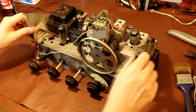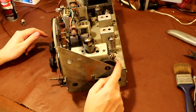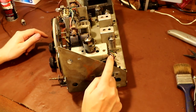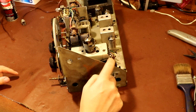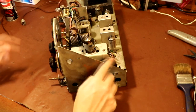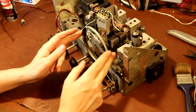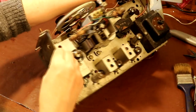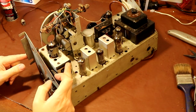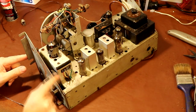So I'm guessing that there's actually a pulley wheel here, which I just thought was a jockey wheel for redirecting the dial cord. But looking at it, it does feel like if you turn it, it only goes so far and then it stops. So apart from this main tuning condenser, which probably does the long wave and the short wave, we've got another tuning condenser, which I think is inside what I'm going to call a VHF module, which lives in here,